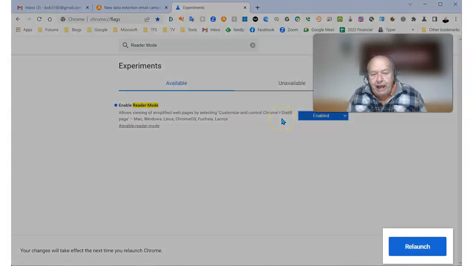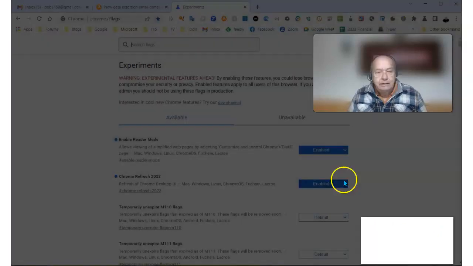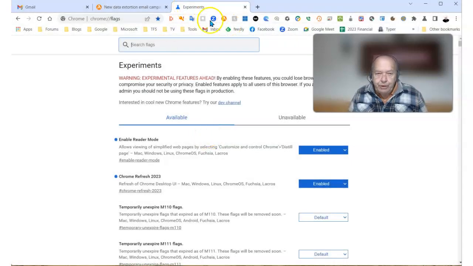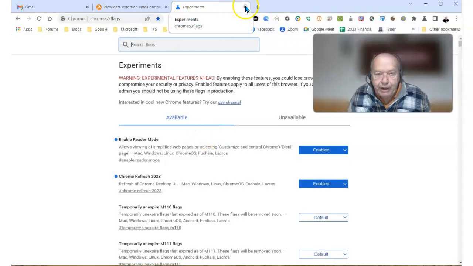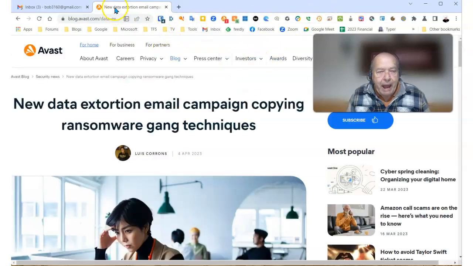As soon as you do that, you need to relaunch the browser. So that's next, relaunch. Now we no longer need this tab. We've accomplished our task. The reader mode is now on. Let's close this tab. That puts us back to the article that we had before, but you'll notice there's now